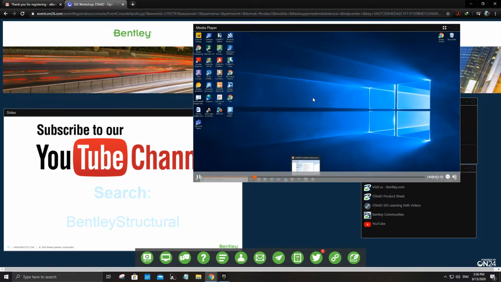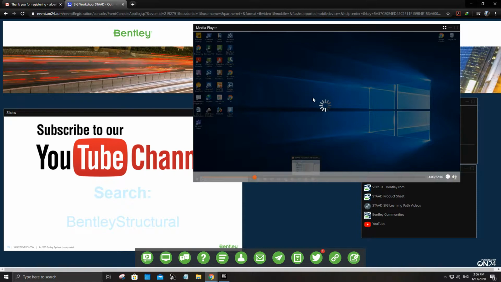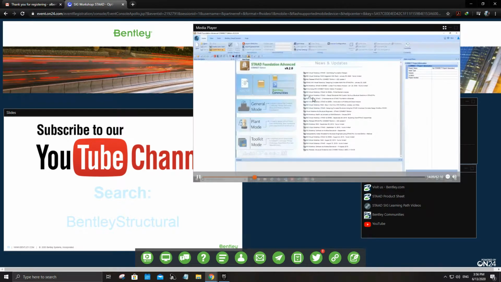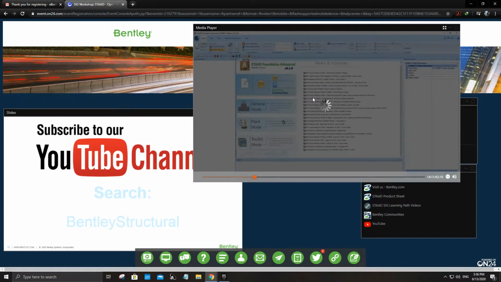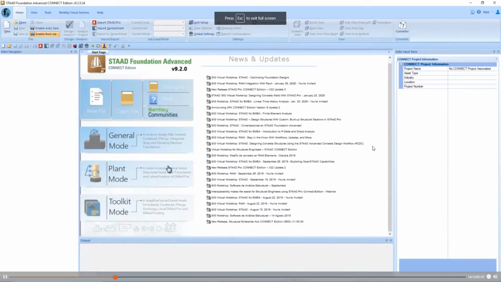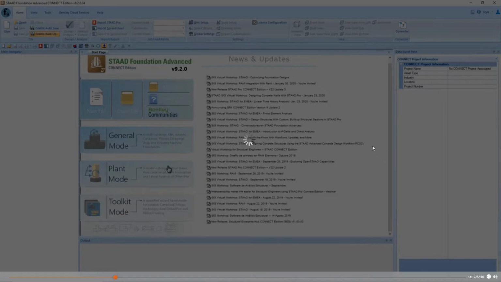And we're going to run a design for our foundation. So I have a few different models we're going to look at, and these models